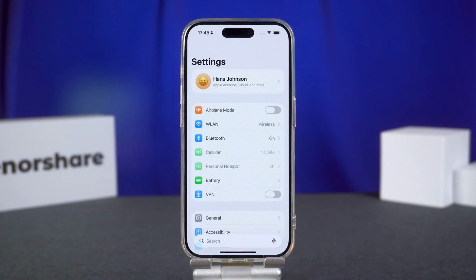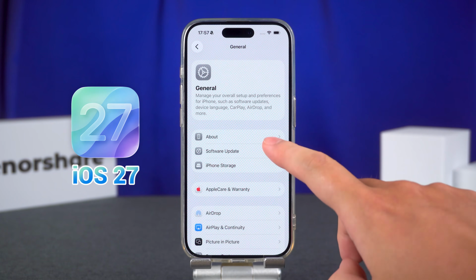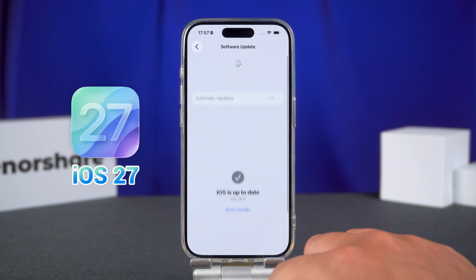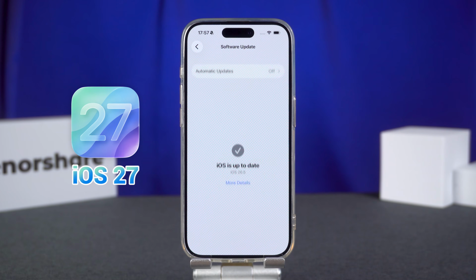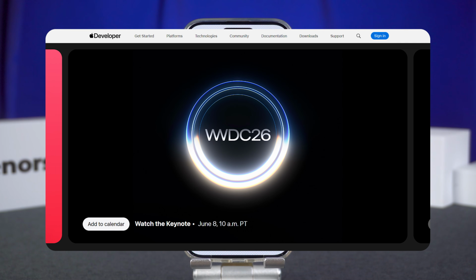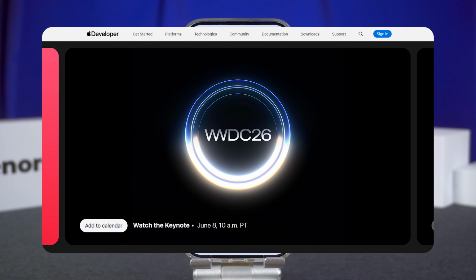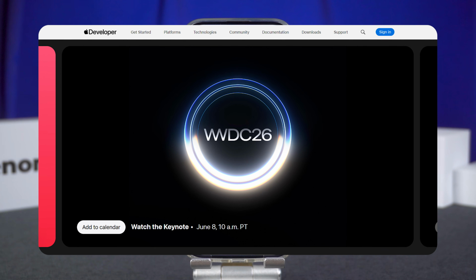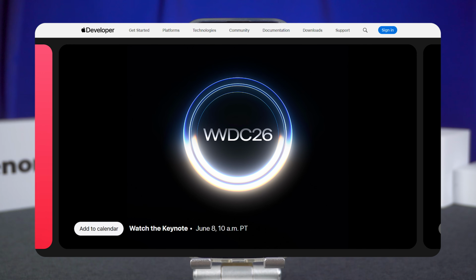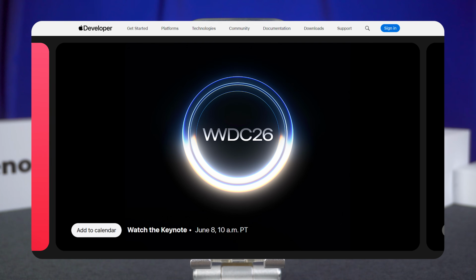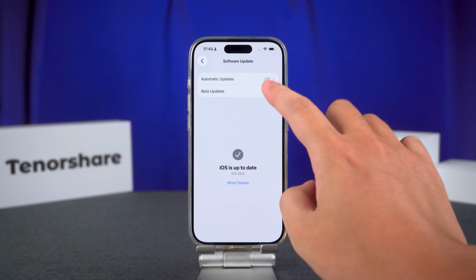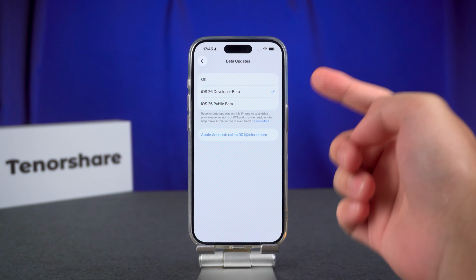Have you been checking software update but iOS 27 still isn't showing up on your iPhone? Before you worry, there's something important you should know. We'll need to wait until WWDC 2026, where Apple is expected to officially unveil iOS 27 and release the first developer beta shortly afterward. So if you're searching for iOS 27 in software update today and can't find it, that's